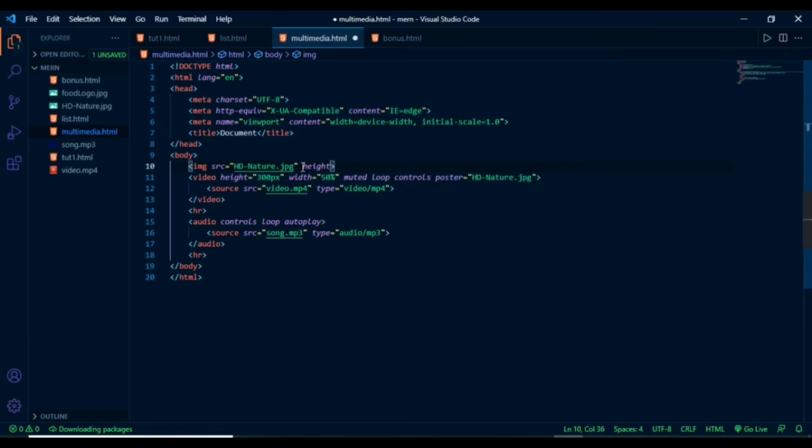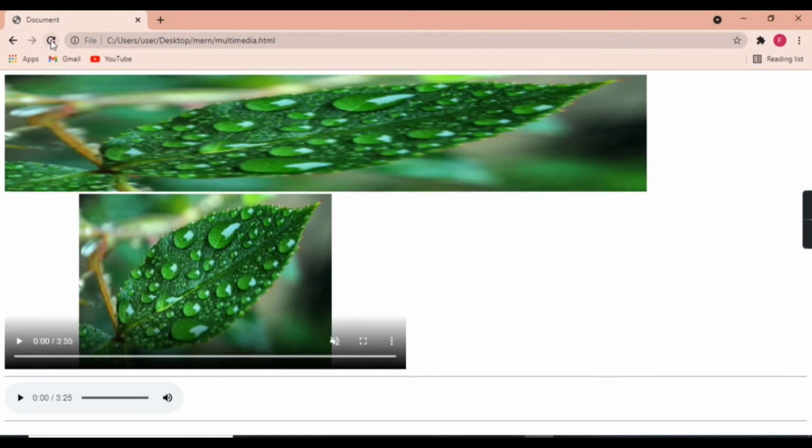So write here height is equal to, and the value in double quotes, 200 pixel, and after that width is equal to 80%. The image is covering 80% of the width of the web page. Refresh the page. See, our image is getting 80% of the width.